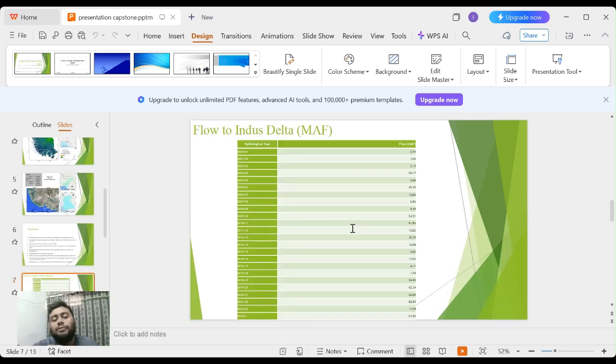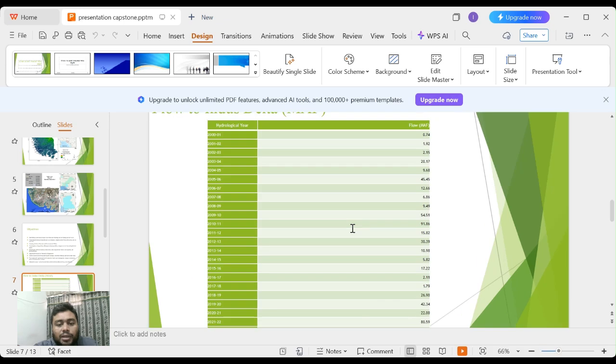There is a flow to understand, in million acre feet, as we all know. You can see that there is 0.7 million acre feet, which is very low. In 2001, 1.9, 2.5, 15, 20. These are the million acre feet. When we come to 2010, 2011, there is 54 and 21 million acre feet due to the famous 2010